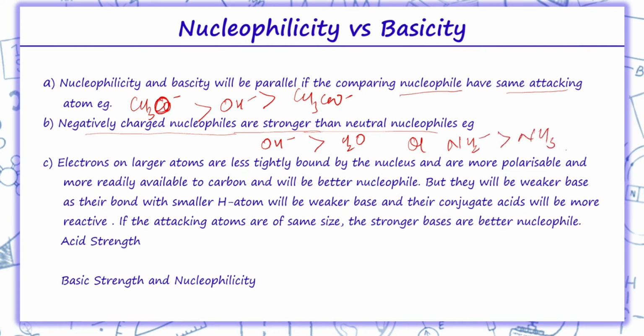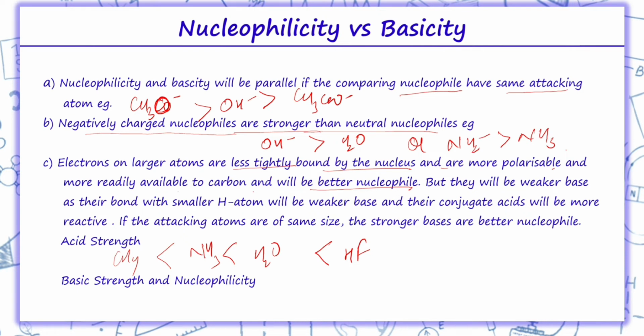NH3. Electrons on a larger atom are less tightly bound by the nucleus and are more polarizable and most readily available to the carbon, so it will be a better nucleophile. But yes, they will be weaker bases, as their bond with the smaller hydrogen atom will be weaker and their acids will be more reactive. So if we compare their acidic sequence, HF is more acidic than H2O, then NH3 and then CH4. Once we understand this nucleophile and basicity character,